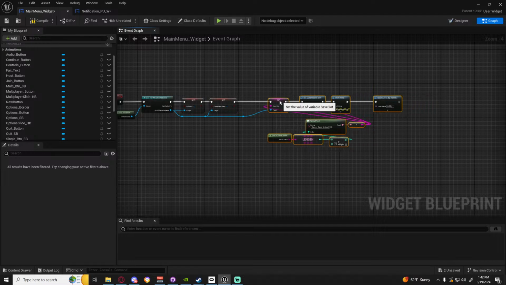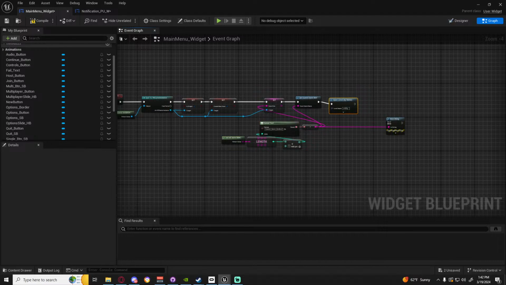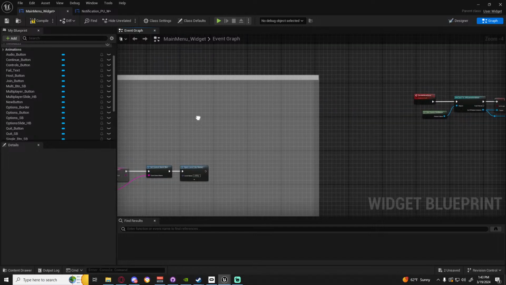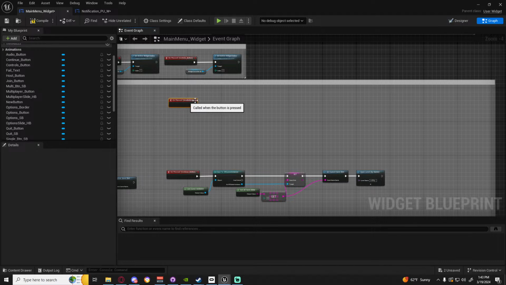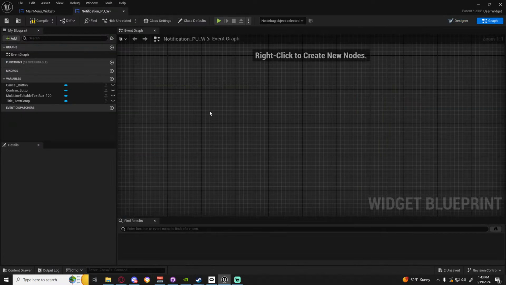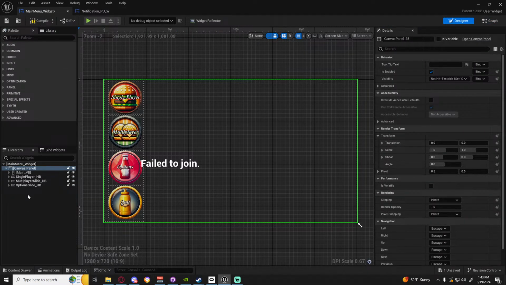Okay. I'll keep the print string for now. Let's put the print string at the end just so it's easier to remove later. Just delete it off of it. Okay, and so what we'll do is we need a holder for the notification thing. And so what we can do is just put,